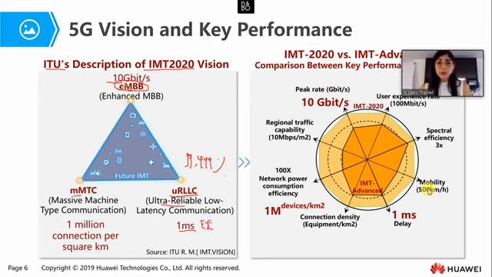So for enhanced mobile broadband, we require a broad bandwidth. For ultra-reliable low latency communication, we require high reliability and low latency. And for massive machine type communication, we require wide coverage and a high number of connections per square kilometer. The target of the 5G network is to be able to provide all of these three application scenarios by using one single network. So we can already anticipate that one of the key technologies is network slicing.